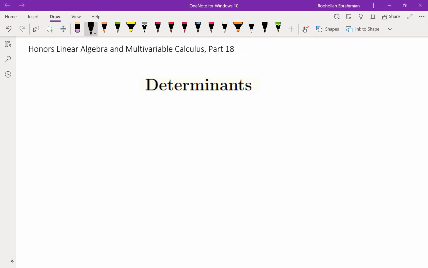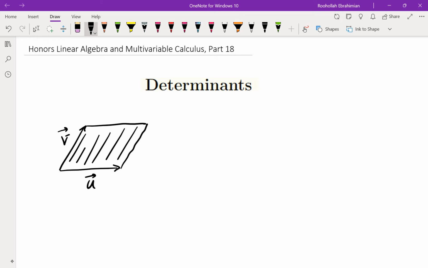So in 2-dimension, let's look at a parallelogram created by two vectors, vectors u and v. I'm trying to define the determinant to give us the area of this region created by the vectors u and v. In 3-dimension, if I'm given 3 vectors, then I can define a region in 3-dimension called a parallelepiped,